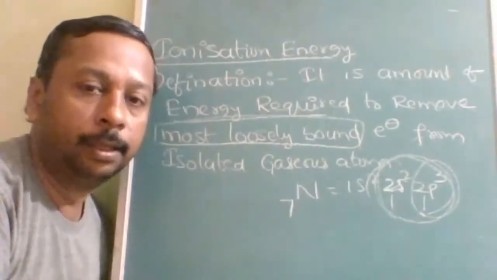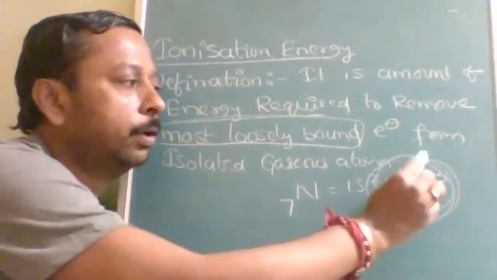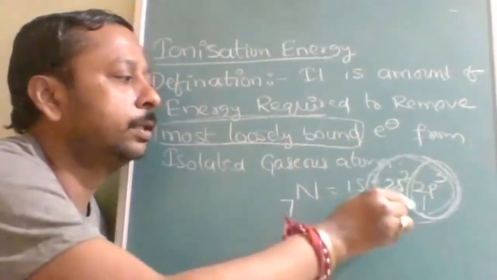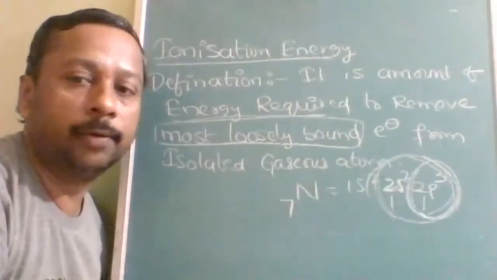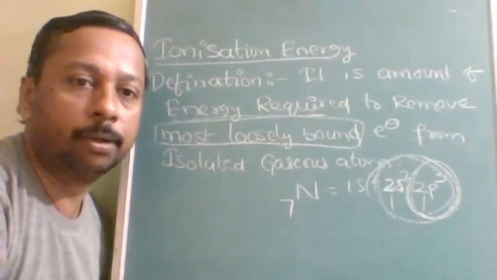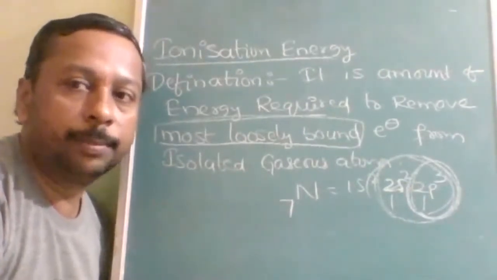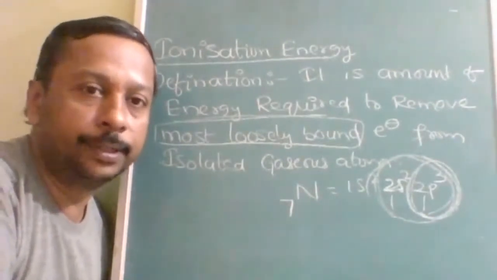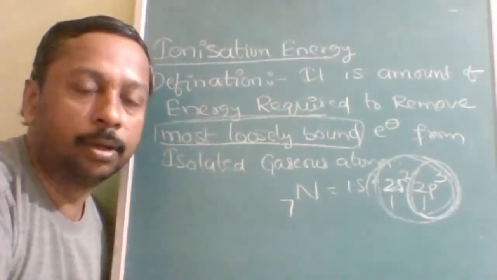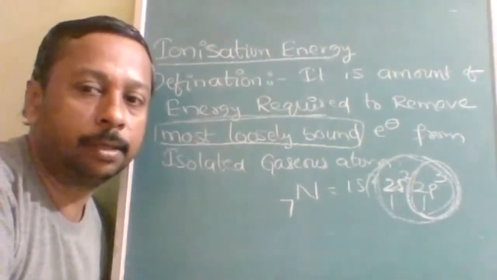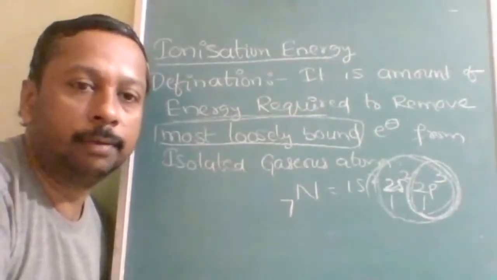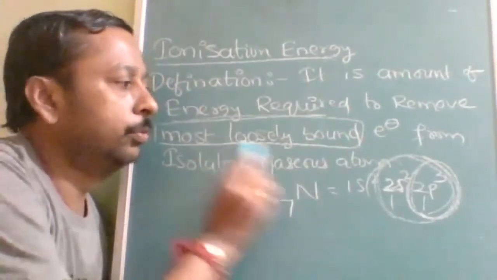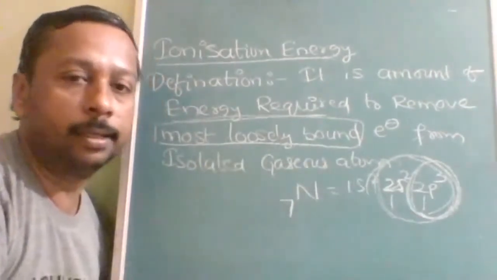Is this clear? In inorganic chemistry, it is word magic. If you understand the word magic, what is asked and what you have to attempt, then it will be an easy topic, not as difficult as organic and physical. Understanding the concept and remembering it for a lot of days is the only key to success in inorganic. So is it understood why the words most loosely bound are necessary?